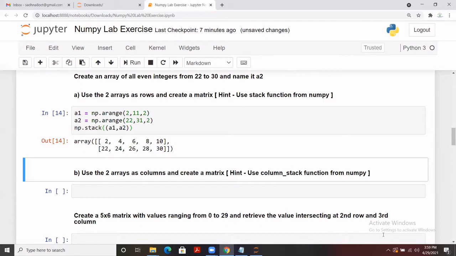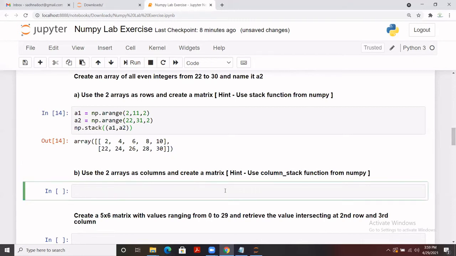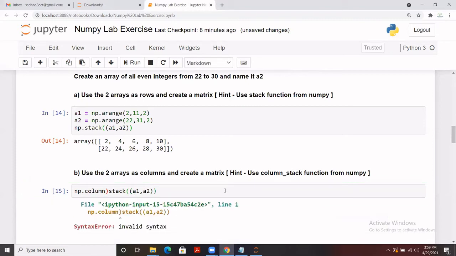So the next question is, use the two arrays as columns, okay, and create a matrix. So we can use column stack, that's what I was talking about. So that is np.column, that is the spelling, stack, and we can directly pass a1, a2. So it will stack this as a column.